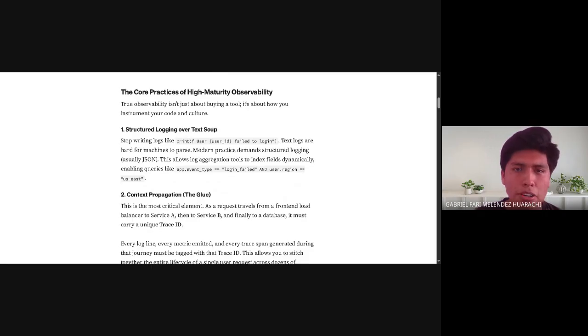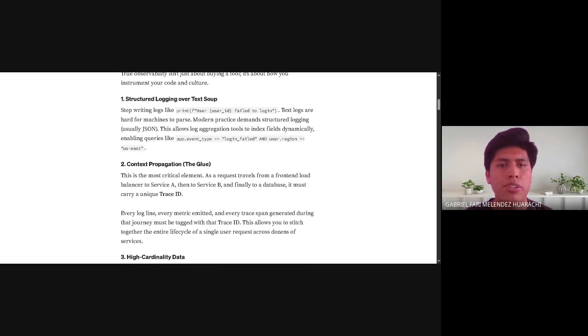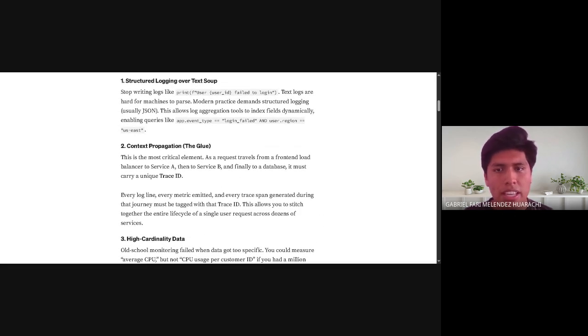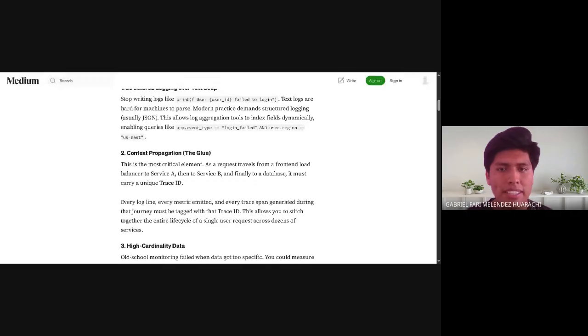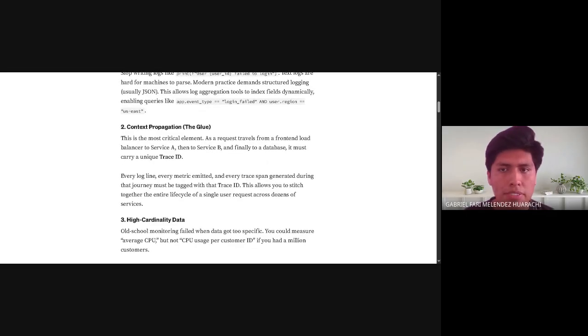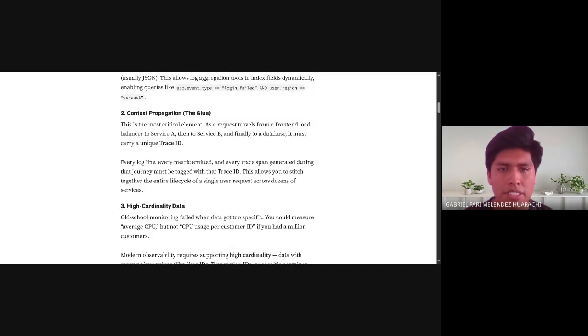The core practices of high-maturity observability. True observability isn't just buying a tool, it's about how you instrument your code and your culture. Structured logging over text soup. Stop writing logs like plain text. Text logs are hard for machines to parse. Modern practice demands structured logging, usually JSON. This allows log aggregation tools to index fields dynamically, enabling queries like event type login failed and user region,